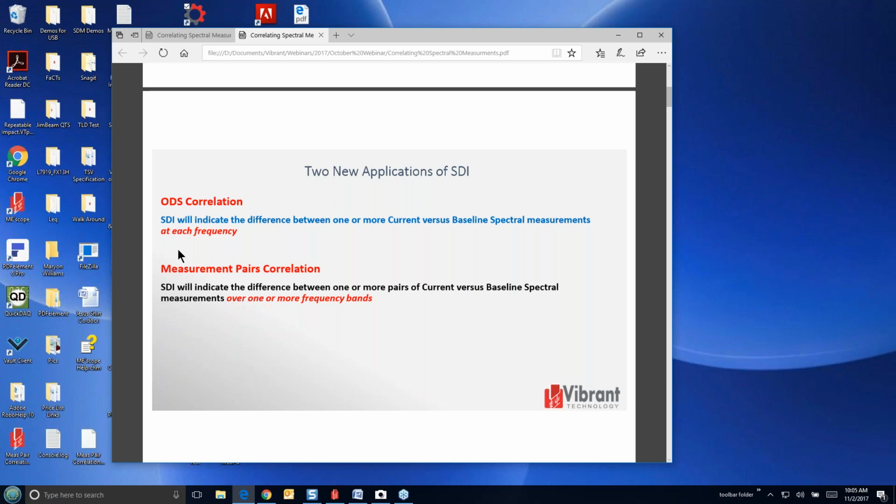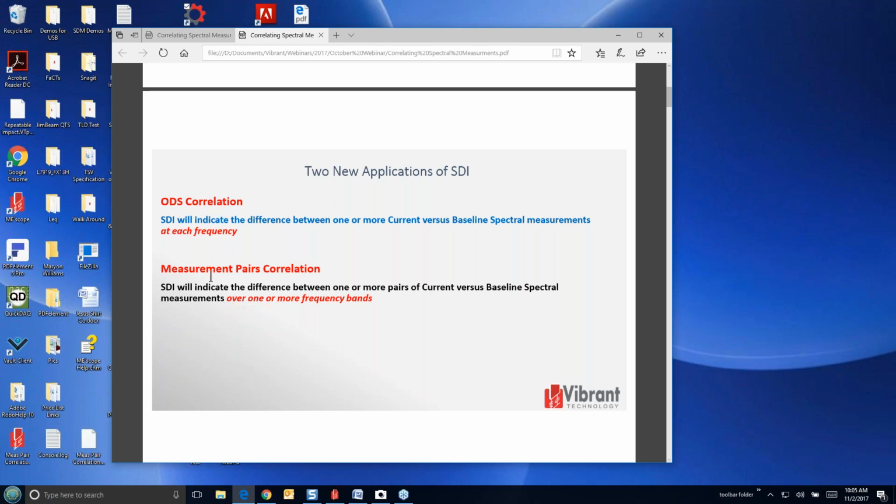So if you think about an ODS and how we use MEscope to animate the cursor position in a set of spectral measurements or time measurements, if their magnitude and phase are relative to one another, they have correct magnitude and phase, then we display that data on a model of the structure, and we call that an ODS, or an operating deflection shape, or simply a deflection shape. So we deform the model using the data from the cursor position.